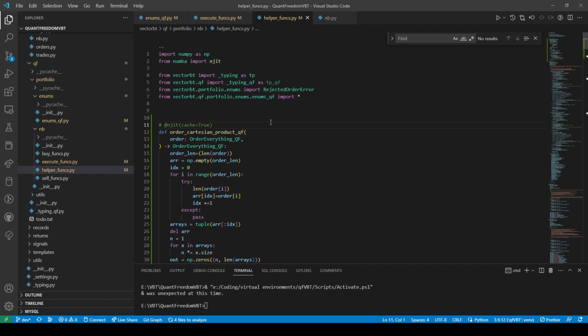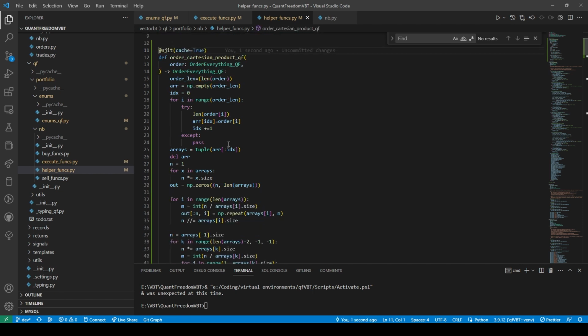And so I think all of this would work. I think I'd have to return the indexes of the orders that anyways, time to go to sleep.